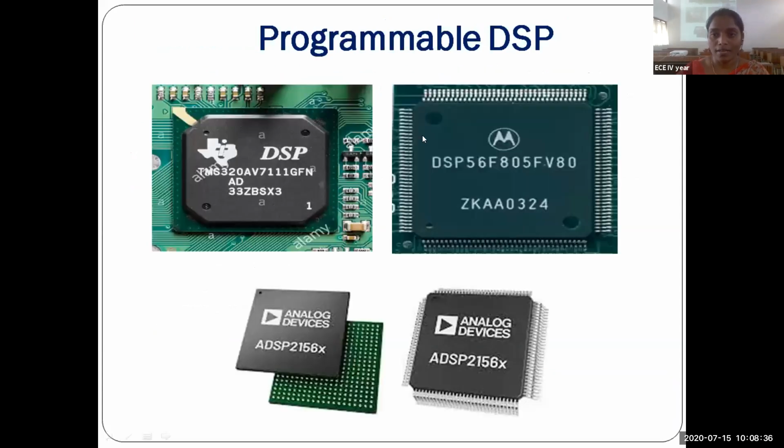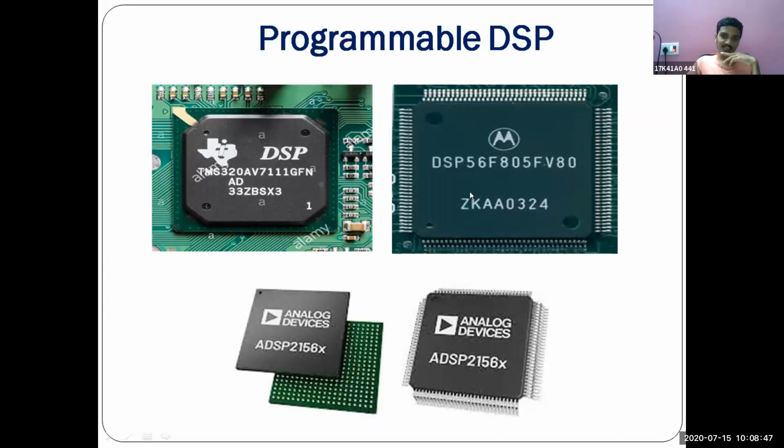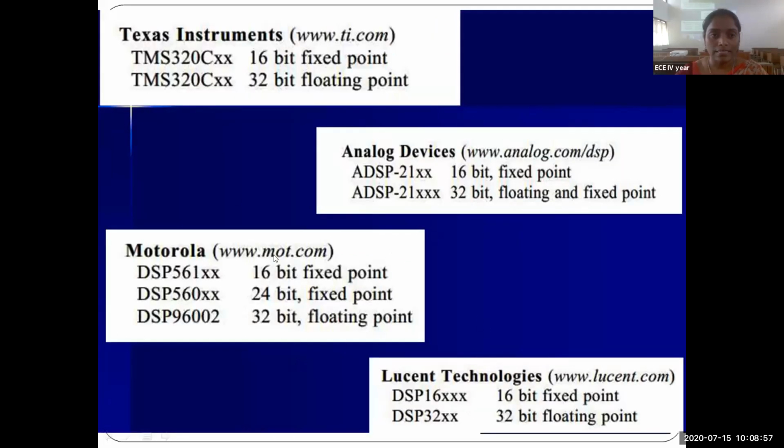In our last class we saw these ICs. Can you name the companies of the ICs? Texas Instruments. The first one is Texas Instruments. The second one is Motorola. Okay. And the third one is Analog Devices. Right? Now, if you consider these 3 ICs, Texas Instruments, suppose the 320C XX,